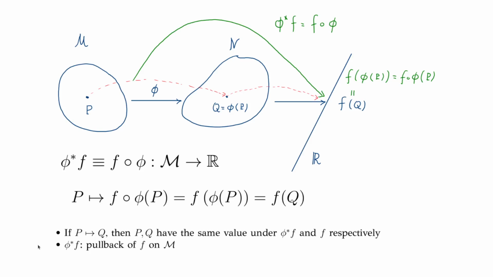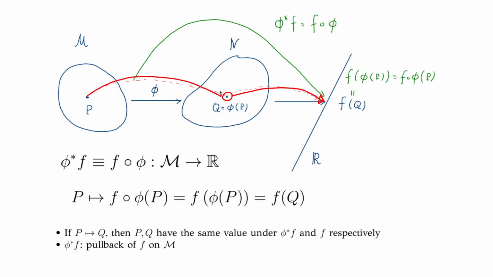In order to consider maps between tensor fields of the two manifolds, we have to start with functions. So let's consider a function f that takes a point q of the manifold N and maps it to a real number f of q. Since we have the map phi,